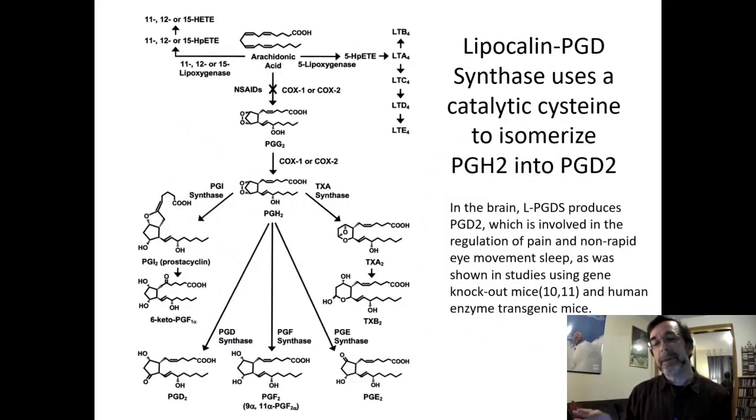This is the actual, if you want to know more about what the enzyme is like, this is what the enzyme does. You see there's a lipid at the top, arachidonic acid, and it gets turned into all these prostaglandins at the bottom. The PGH2 into PGD2, if you look down at the very lower southwest corner of the screen, that's PGD2. And you see it just has a bond that's been made, and maybe it has some oxygens that have been added. So it's pretty easy to turn arachidonic acid into this prostaglandin, and it just takes a couple of residues,